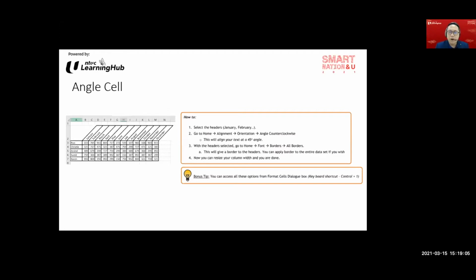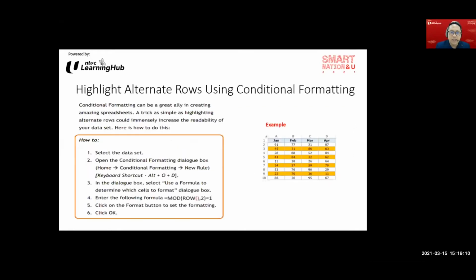Moving on to the second set here. Sometimes when you have a lot of data, going line by line can be very difficult. So it is good to create colors between the lines, and to do that one by one is going to be very, very tedious. Again, I'm going to share the link with all of you for the second set of activity. This is where you can modify rows with different colors.